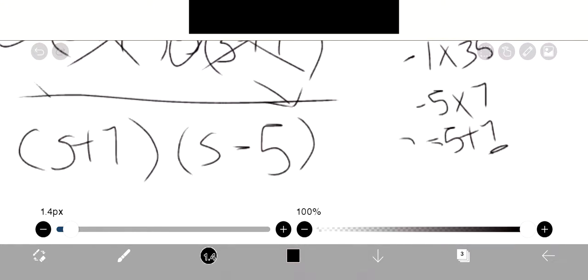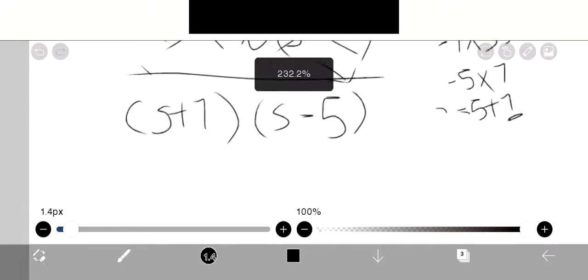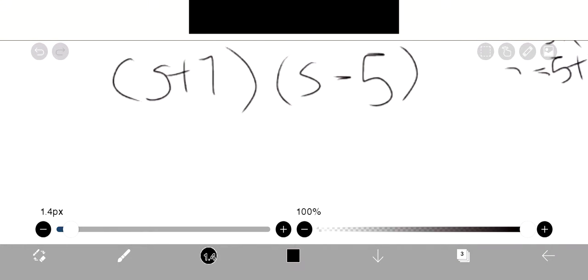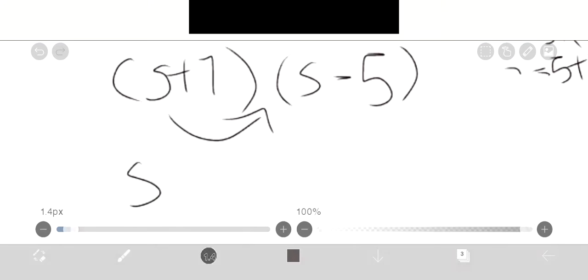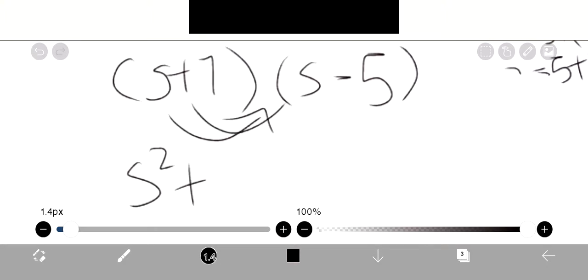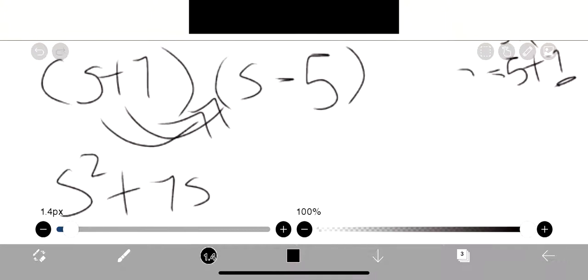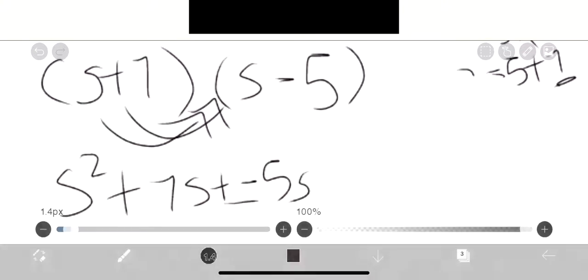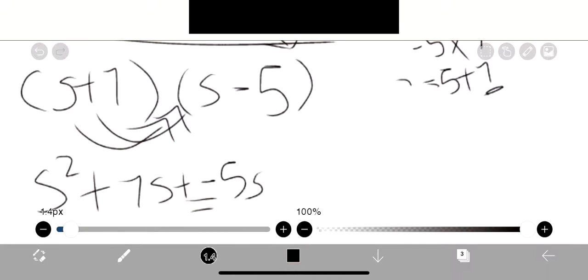Now, if you want to know if you're correct, you have to use the FOIL method, which you multiply s times s, which gives you s squared, plus 7 times s, which gives you 7s, and then you do the same thing with the 5. So s times negative 5, which gives you negative 5s, and 7 times negative 5, which gives you negative 35. If you look,